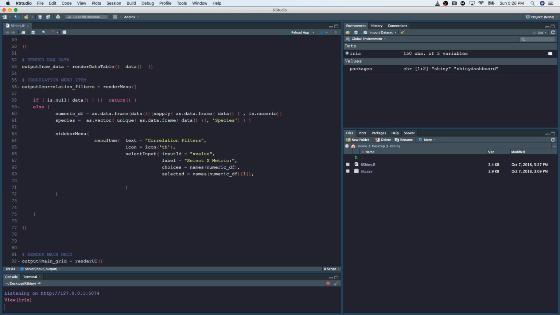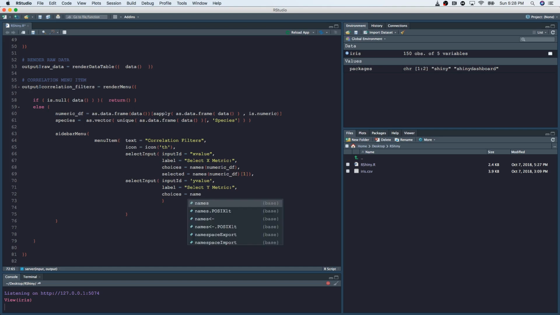this select input, and then I need to do the same thing for the y. Now, I'm just going to do it for muscle memory in case you're doing this for the first time, but you could just copy this, and all you need to change is really this ID here. But for muscle memory, if this is your first time doing it, let's just do it. And then this is going to be y value, comma, and then I need the label. In this case, I want to select y metric, like so, and then add a comma, and then again